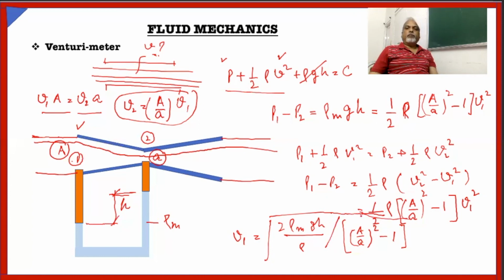Correct? So this is how we can find out the velocity V1, just by attaching the Venturimeter. We know the manometer density, whatever liquid is there inside the manometer, its density we know. Density of the fluid in the pipe also we know. We know the area of the Venturimeter at one end and at the constricted end. So we can find out easily what will be the velocity of the